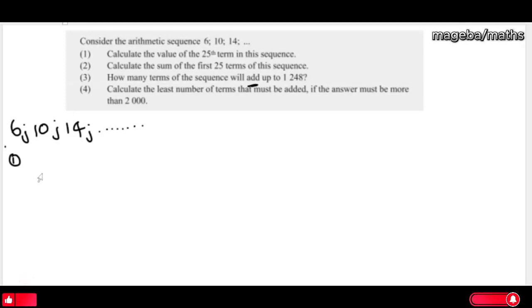Good people, we are going to answer this question that was taken from the Mind Action, a new version of it. Question 1 is saying calculate the value of the 25th term of this sequence. This sequence is arithmetic, which is 6, 10, and 14. So to calculate the 25th term, we're just going to say